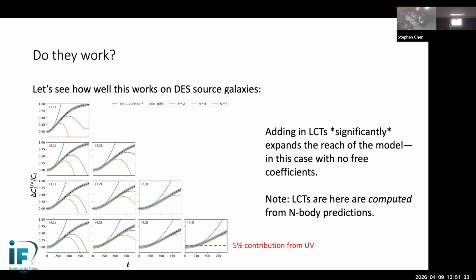So anything that's left over from these curves in this black dashed line that do not include the colored lines are the pieces of the model that are coming from the perturbative mode, while these lensing counterterms are soaking up the UV dependence of the theory. What you can see here is that if I naively say that I want to make a cut where my model hits 5% of the UV contribution, I would have to stop at a very large angular scale. Whereas when I take into account the smooth dependence on the small scale, I can go to smaller angular scales. Just to show that it works.